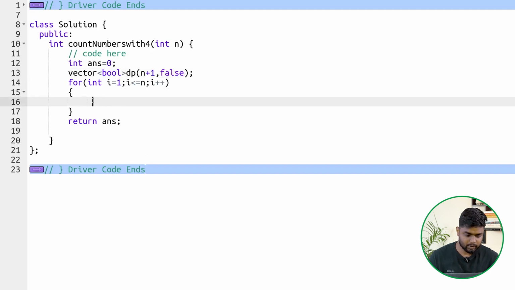After that, we are going to say that if I mod 10 is equal to 0, if the last digit is 0, or if the DP of I divided by 10, so basically if the current number divided by 10